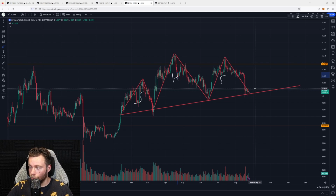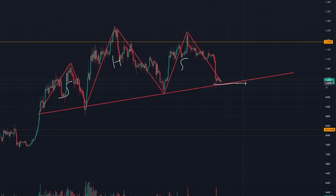And right now, what is crucial to watch is to hold this $1 trillion market cap, basically. If we actually, as you can see, bounce down onto this bullish momentum and at the bottom of the head and shoulders pattern, if we get up to here and we see a small bounce, then we could see a